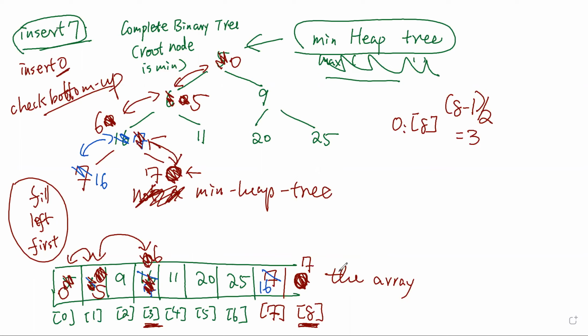at first, you add it at the very back of the array. Then you need to keep checking with its parent node. And if it doesn't meet the definition, you need to do the swap. And whenever we do swap, it's an in-place swap. So that's why heap